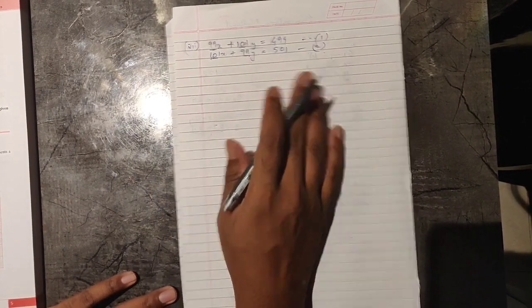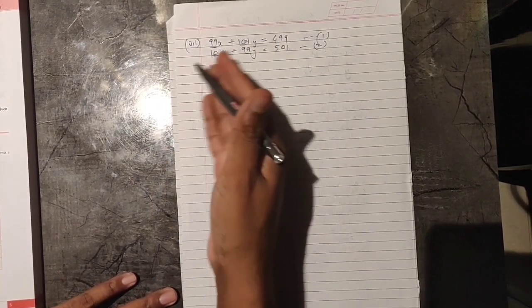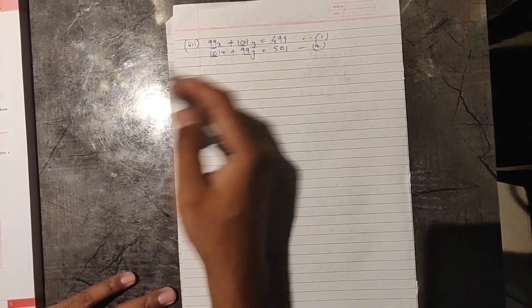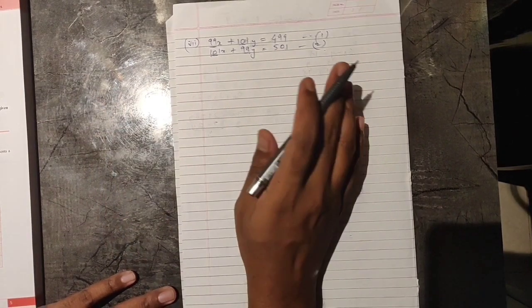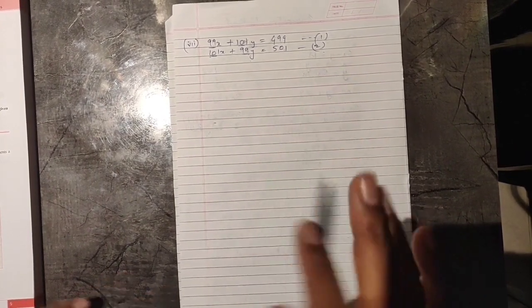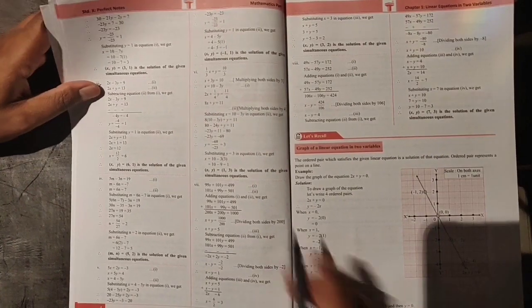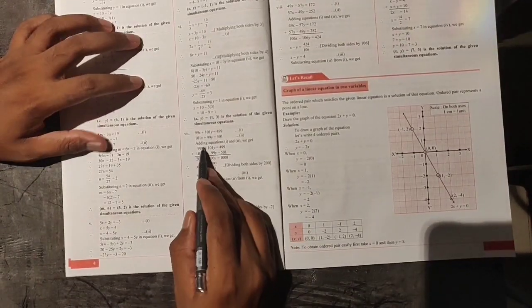We don't need to see anything, we don't need to see signs, numbers, or variables, nothing. These two numbers are the same, these two numbers are the same, add both and then subtract both. Okay, so instead of wasting time, I'll just show you this direct solution. If you see here in this sum, what is done here first?